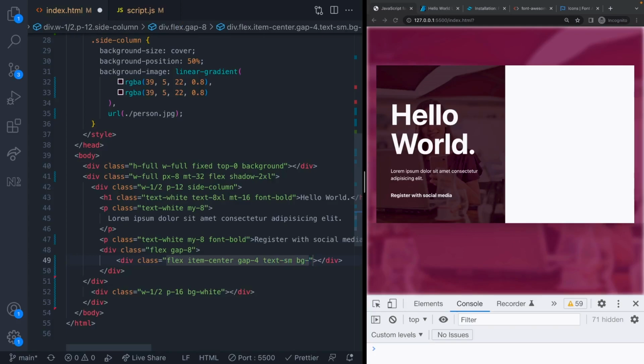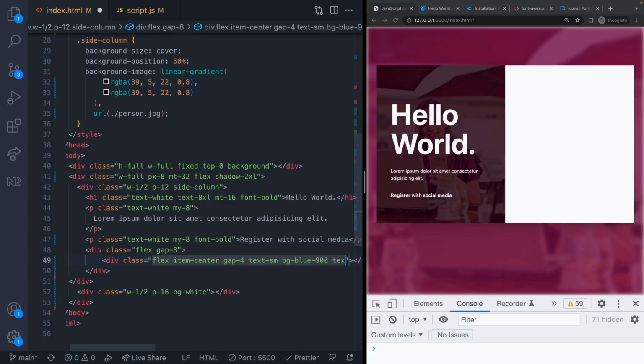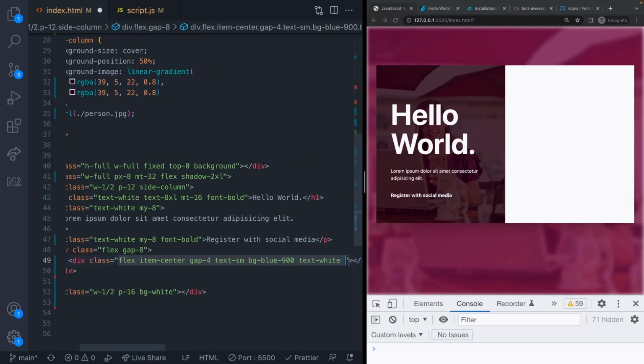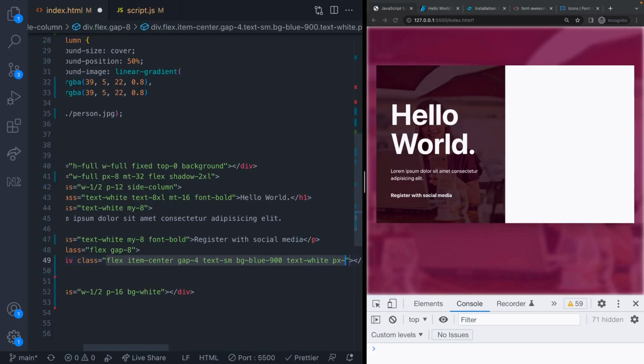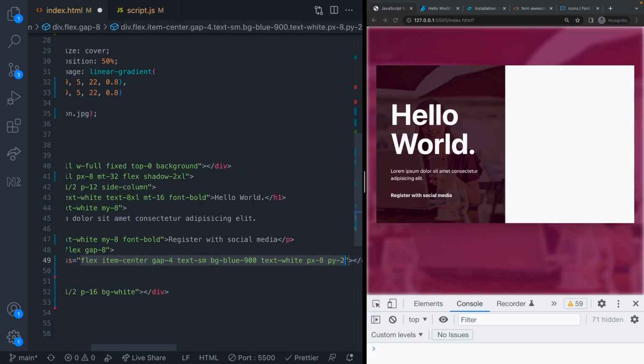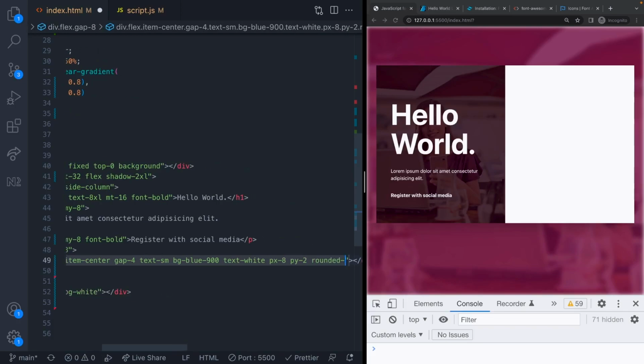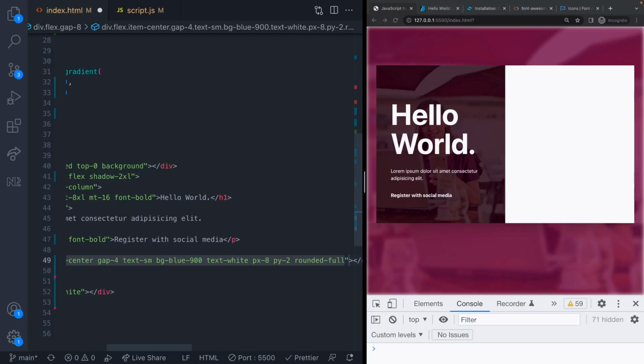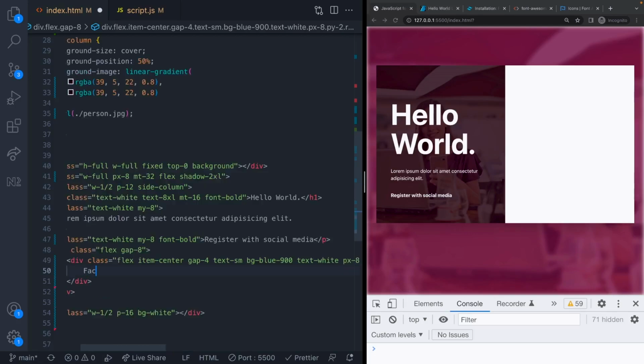For the first one, it's going to be like the Facebook type login, so we'll say background blue is 900, and we'll say text white, padding left and right of 8, but also padding on top and bottom of 2, and we'll kind of set it as a rounded button, so we'll say rounded is full. And then inside of there, we'll put a span in here of Facebook,